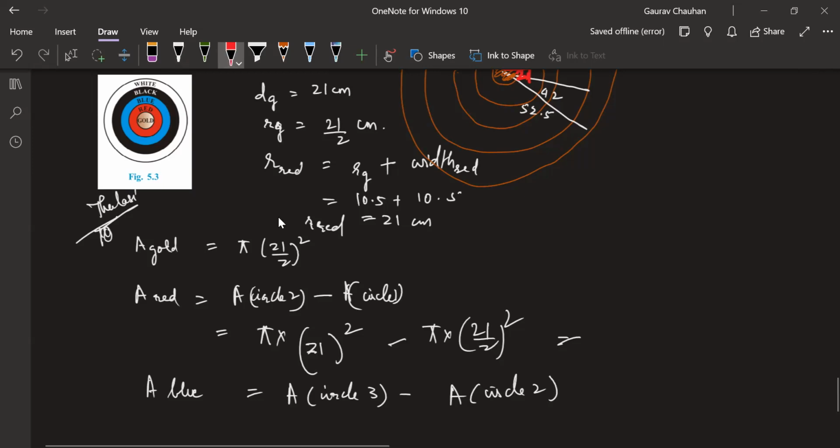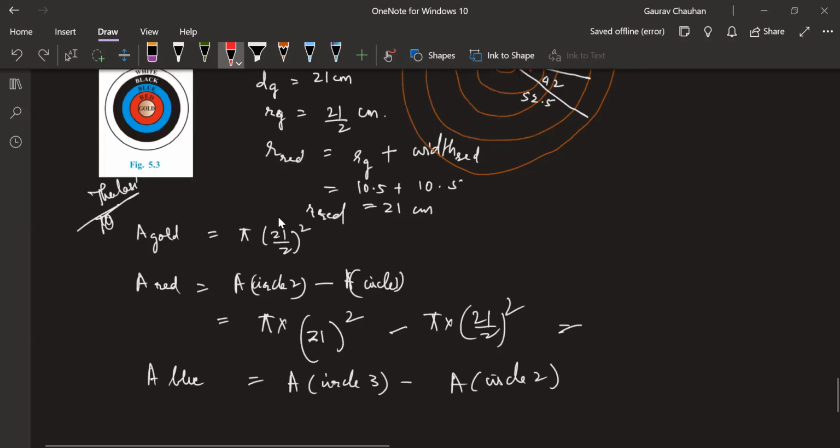Area of circle 2 is already giving you this full area, no? Are we good? This area of circle 2 is already giving you red plus gold. So that much is enough. Otherwise you would have to minus area of red and area of gold. Why do you want to minus two things? This is minus one thing, you're already finding it anyways. Okay with that? Anyone has any confusion?